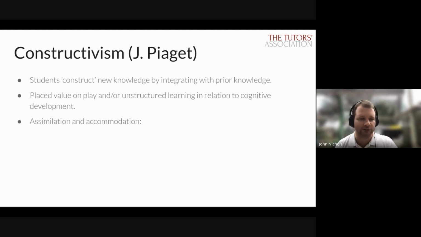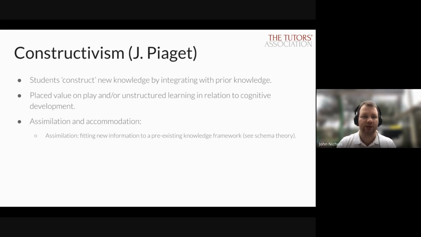Now, two of the key ideas in constructivism are assimilation and accommodation. And actually, very interestingly, we are going to come on to this when we talk about schema theory in a minute. So assimilation is about taking new information, before it's knowledge, it's information, and integrating it into our existing knowledge. So students may have played with toys, and then you might say, oh, that's a toy aeroplane. Do you know what an aeroplane is? Or do you know different types of airplanes? And then they can start associating new information that you tell them to the information they already have. So that's the principle of assimilation. You basically anchor a new piece of information to something that people already know about.